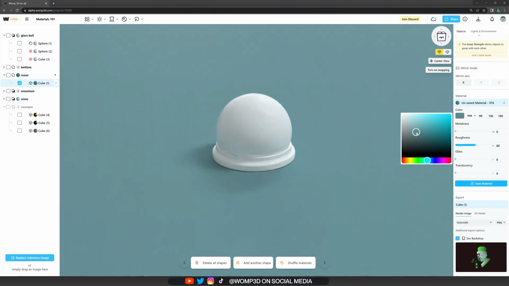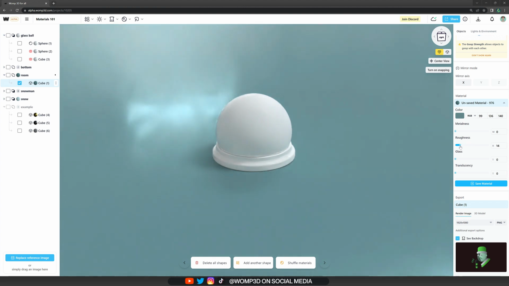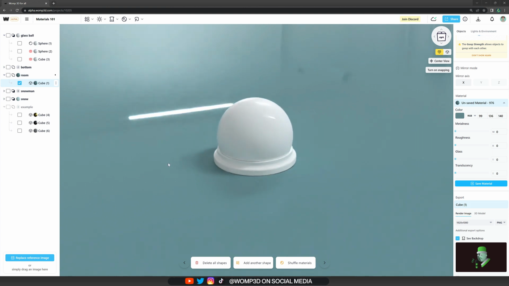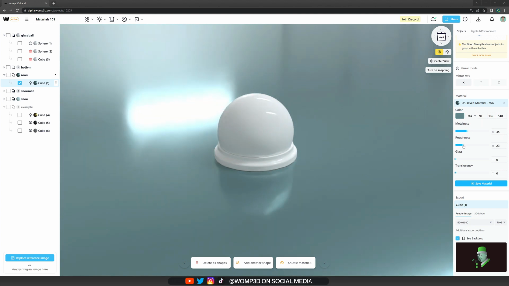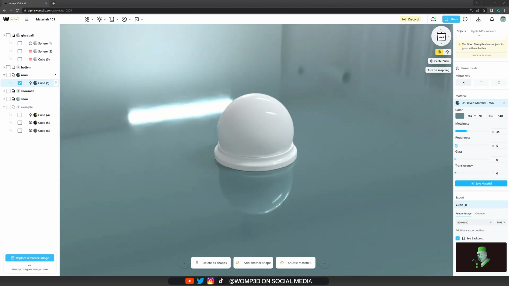I'm thinking about some bluish, grayish kind of shiny floor, so for that we want to bring down that roughness and we will instantly see the reflection in there. If we have the roughness on 0 and add a little bit of metalness, it's almost a crystal clear picture like a ray tracing reflection. By playing around with the roughness slider, you can see how it changes how reflective the floor is and how it almost becomes a bit blurry, which I actually quite like for this scene, so I'll apply a little bit of roughness to it,